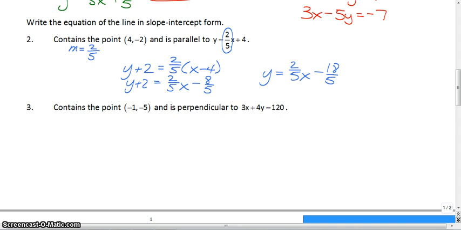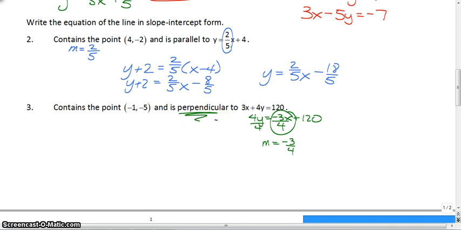First thing we have to do is figure out what the slope of this equation is. So we can just subtract 3x from both sides. 4y is equal to -3x plus 120. Divide by 4, and you really don't need to go much further to find out that your slope is -3/4. So if the slope of this line is -3/4,